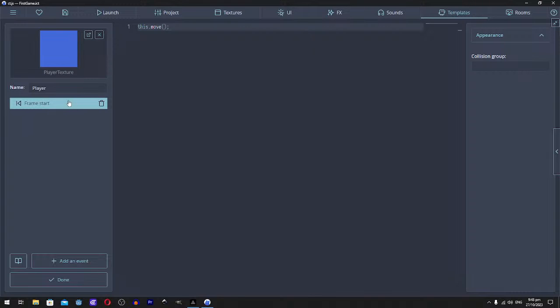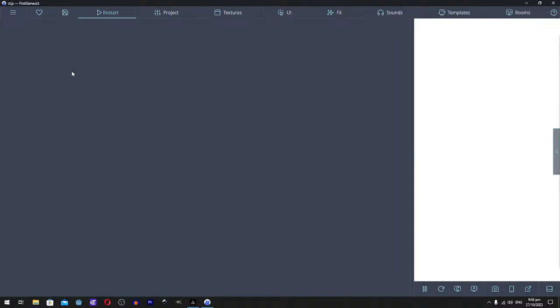Yep, I am already good. Anyways, okay, this move. So now this should move. So it has this dot move. If I launch the game, the player is still,